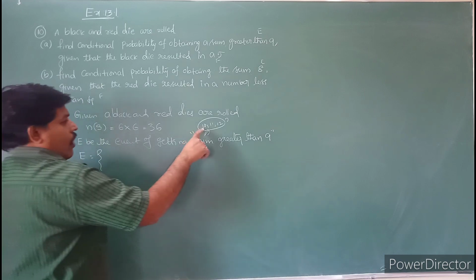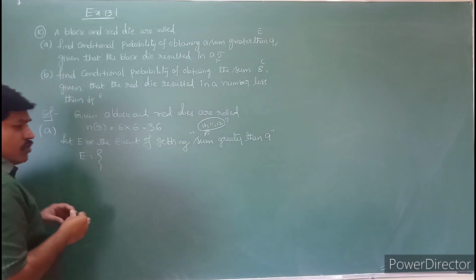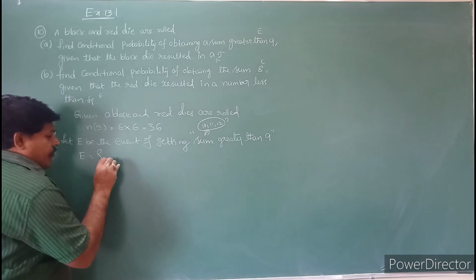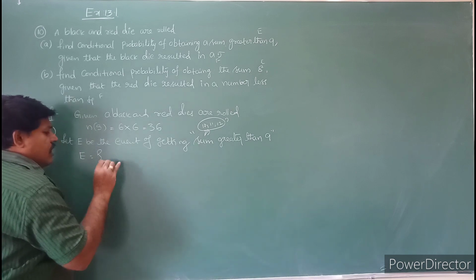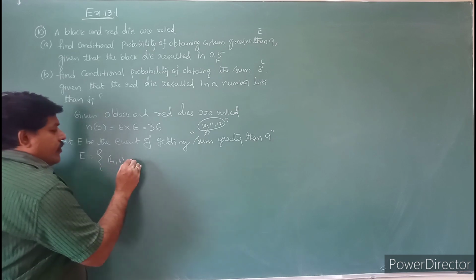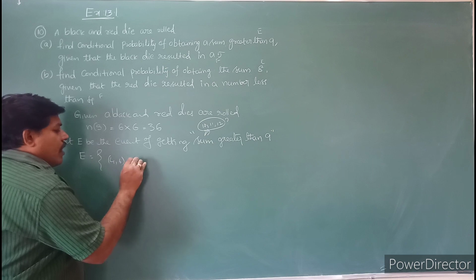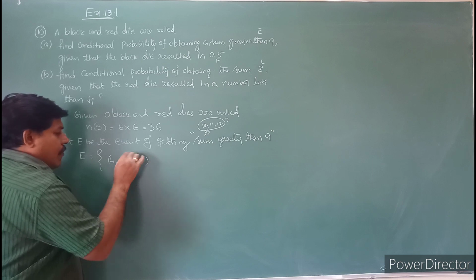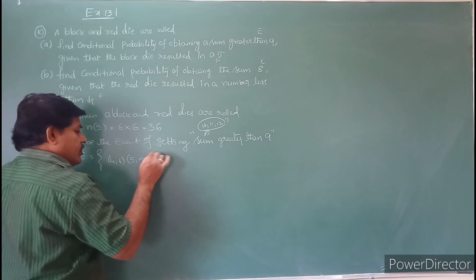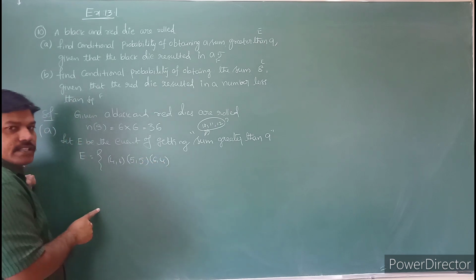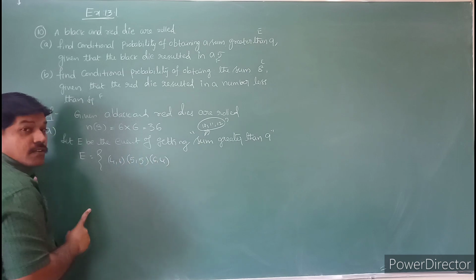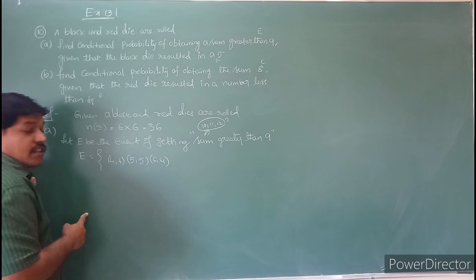Okay. So first, how to get the 10? What are the possibilities to get the 10? I will get 4 comma 6. 4 plus 6 is 10. Next 5 comma 5. 5 plus 5 is 10. Next 6 comma 4 only. You will get the 10. Yes or no? 4 6, 5 5, 6 4. You will get the 10. Any other chances? Only these are the chances.